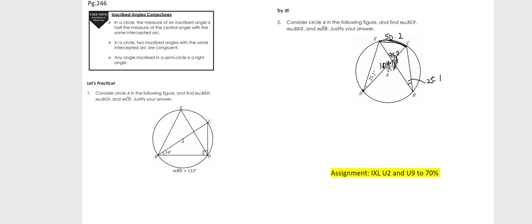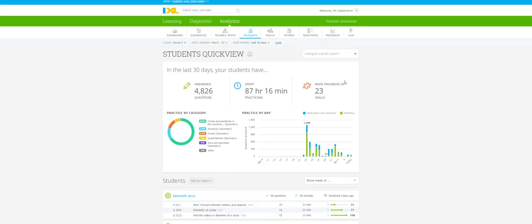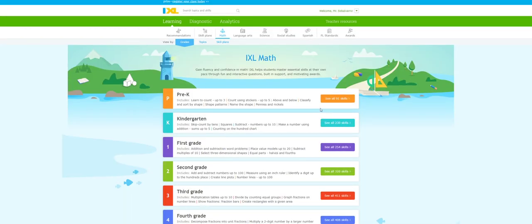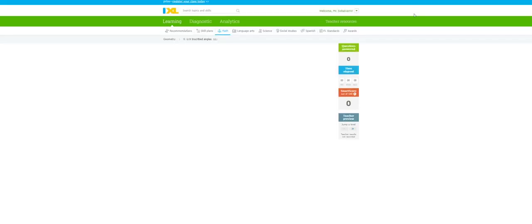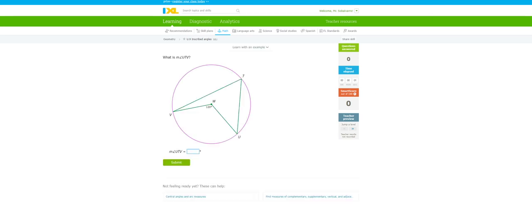Now let me take you to the IXL. On IXL, what we're going to do is U9. So if we go to U9, let me quickly show you how easy this is going to be. So let's do U9 inscribed angles. All you're doing here is inscribed angles only. In this case, it's asking you what is the angle